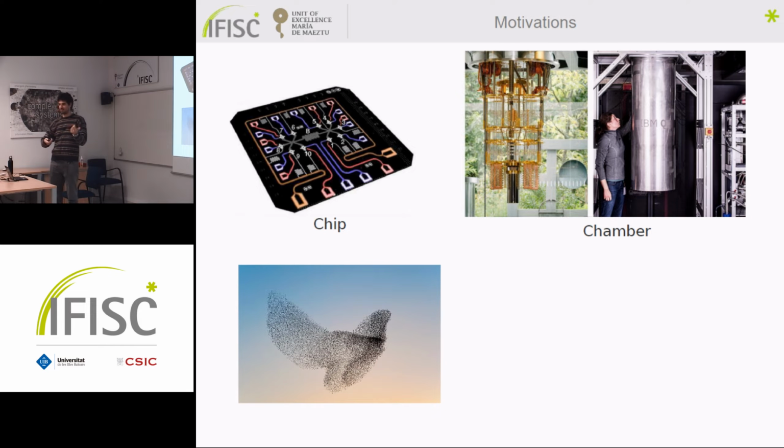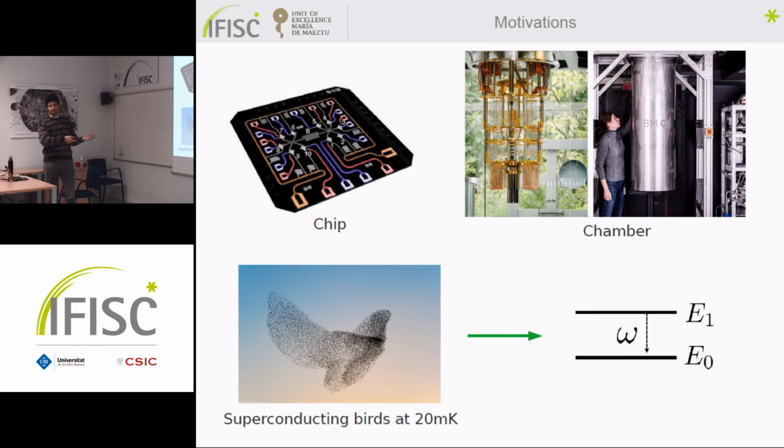And this is flocking, very naively. But a superconducting qubit is exactly the same, but with atoms. If you have a lot of very cold atoms in a superconducting state of a superconducting material, in a superconducting collective wave function, they can stick together, they do not excite one from the other, and they can move together as if they were one single atom. And in this case, we can actually see this collective property of a material as one single qubit.